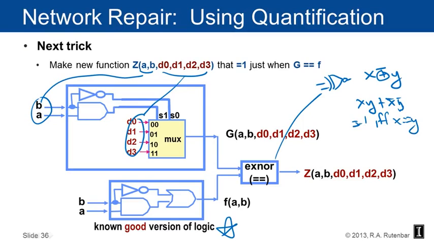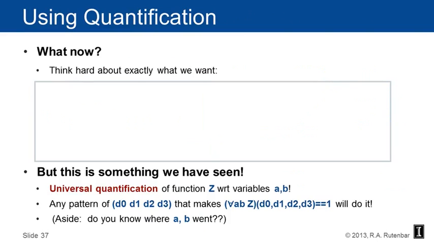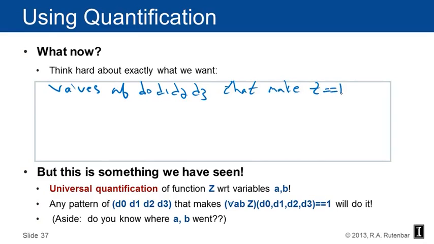So we're going to take this equality gate and compare g and f, and we're going to call this whole thing z. And z is the thing that we're going to try to figure out. So what do I want? You just think real hard about what I want. This is what I want from an engineering point of view. I want values of these constants d0, d1, d2, d3 that make this interesting new function z exactly equal to 1, and look what I'm writing, I'm being very careful, for all possible